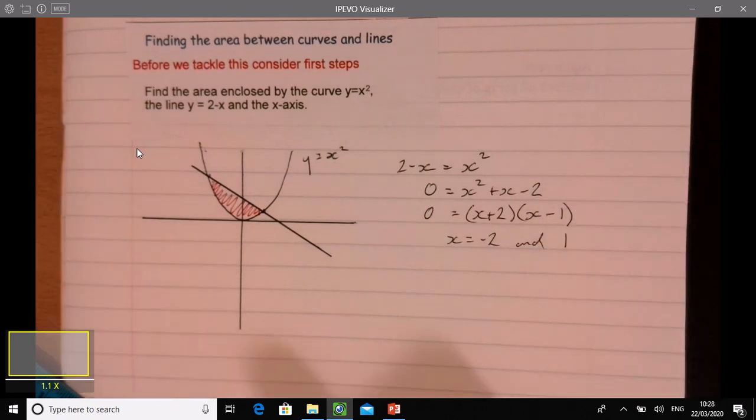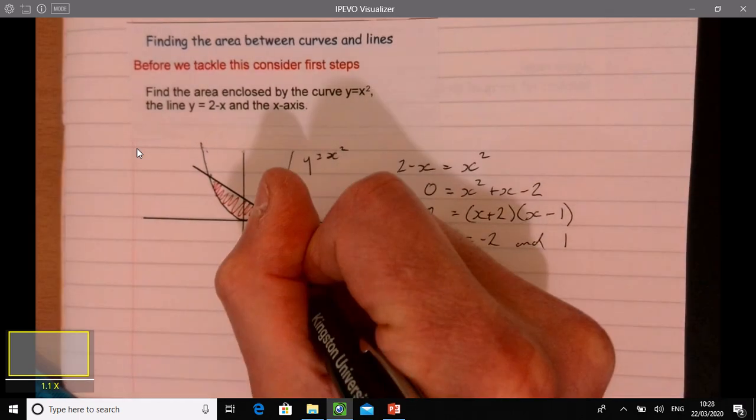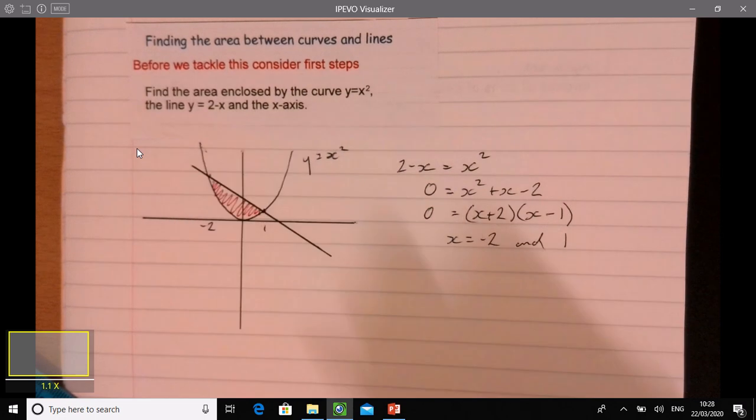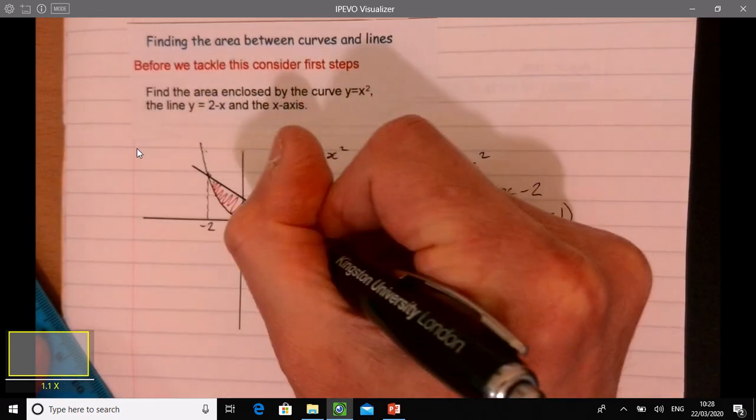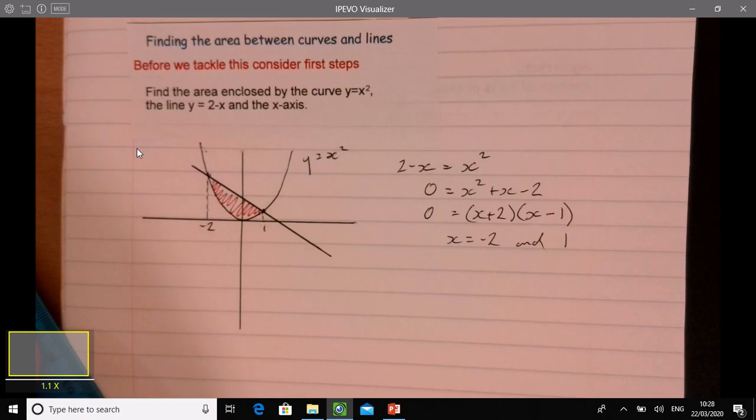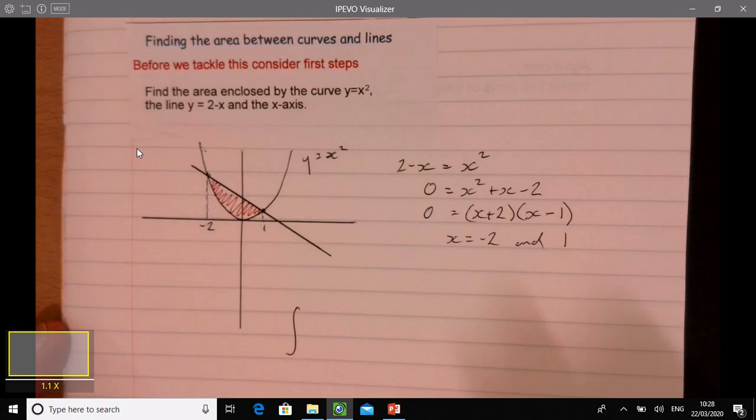There we go. Let's write it on the diagram, okay? 1 and minus 2. So remember the points that we're interested in. Okay, just to really get a good feel of what we're actually trying to do. Okay, so let's write this down properly. So what are we doing? We're going to integrate